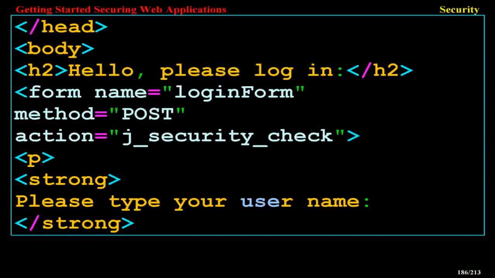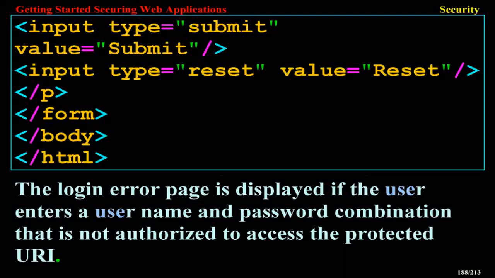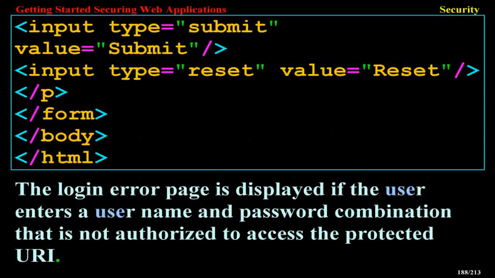<p><strong>Please type your username:</strong> <input type="text" name="j_username" size="25"/></p> <p><strong>Please type your password:</strong> <input type="password" size="15" name="j_password"/></p> <p><input type="submit" value="Submit"/> <input type="reset" value="Reset"/></p>